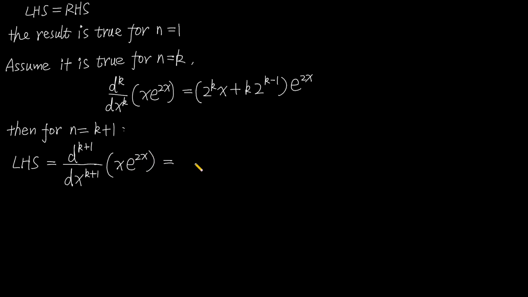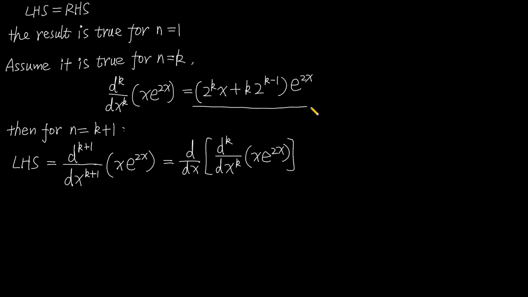Then this equals d/dx, and here is d^k/dx^k of x multiplied by e to the power of 2x equal this. And now we use this guy to replace this part. So we get